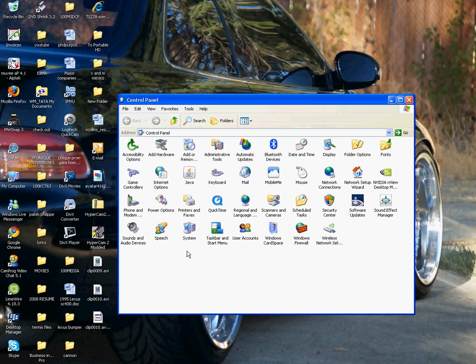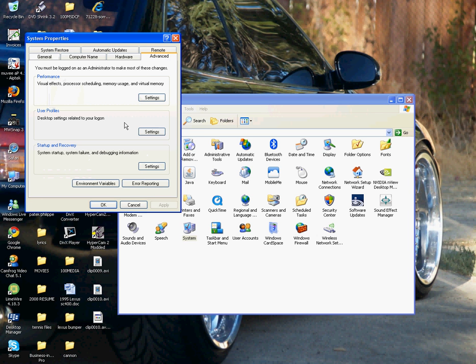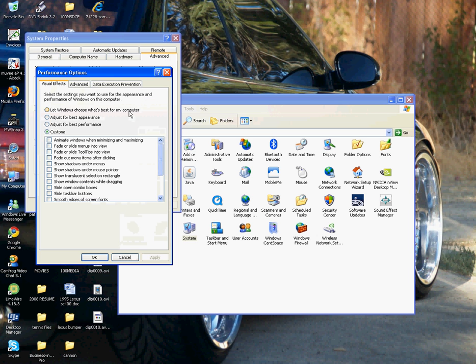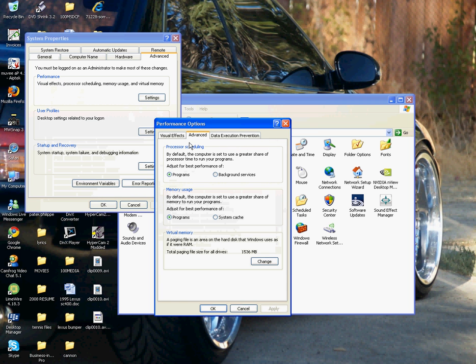Okay, one more thing that I want to mention to you guys is your system file. Go back into your system again, go to your advanced, and go back to your performance again and into the advanced tab over here. Once you click advanced, you don't want to change any of that except your virtual memory. Your virtual memory, as you can see, is paging files in an area of a hard disk that Windows uses as if it were RAM. So what you want to do, if you have a low RAM like I do,